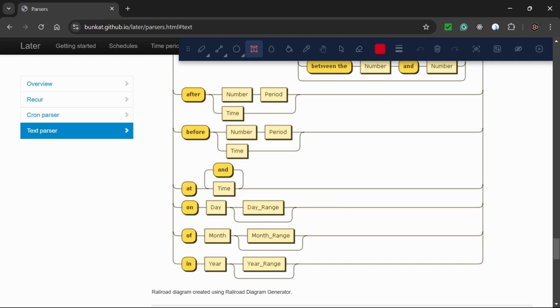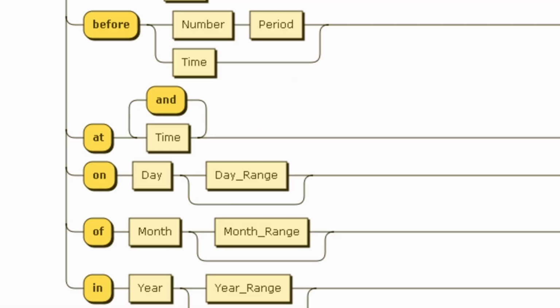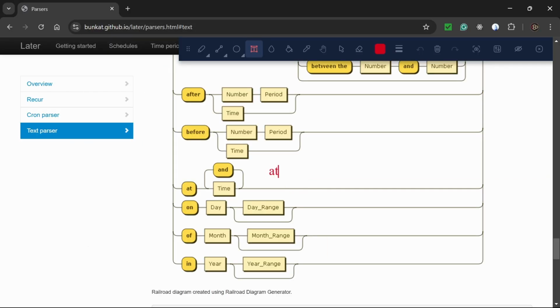So let's say you want your crawl to start at 5 p.m. every day. In that case, you will write at and the time, that is 5 p.m. So it will be at 5 p.m. Likewise, to start your crawl at 12 a.m. every day, you will write at 12 a.m. In other words, a time syntax starts with the word at followed by the specific time you want the crawl